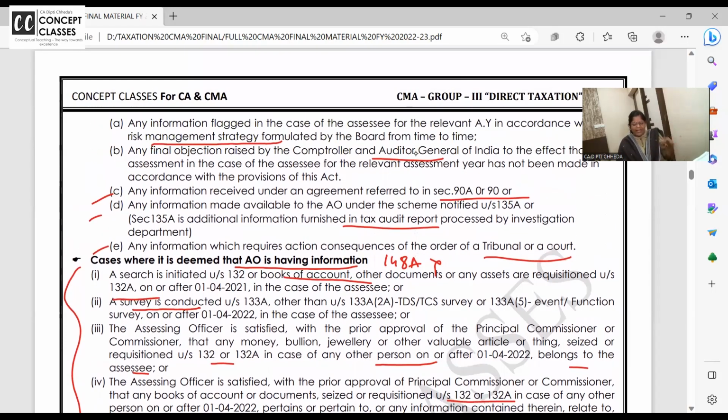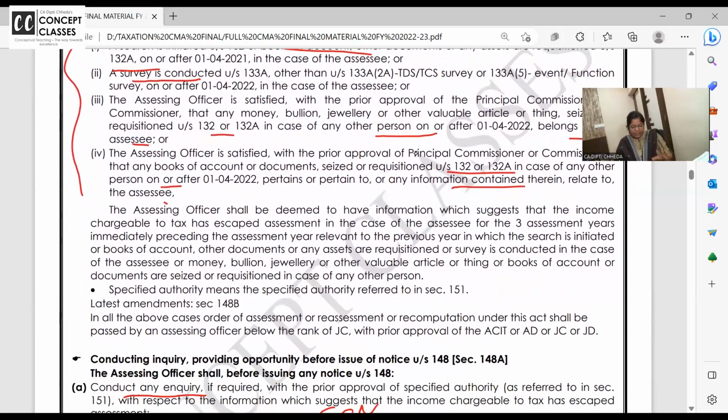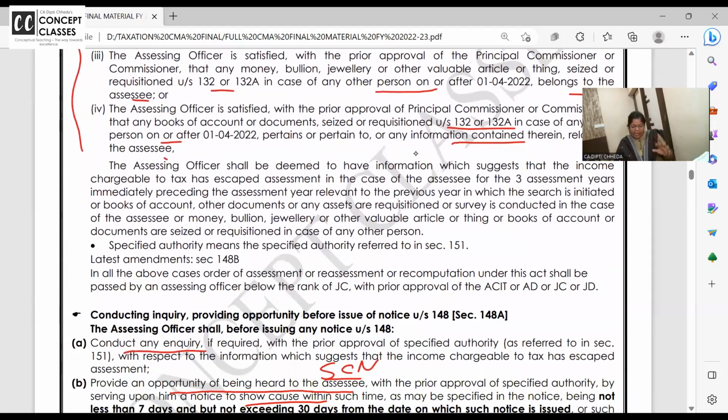What are the cases where the AO doesn't need solid facts? When the AO already has the solid facts. When the SSC's books of accounts are audited, when the SSC's books of accounts survey is happening, when some other SSC's books of accounts are audited, and in his raid case, the SSC's assets and unexplained assets are disclosed, or others' books of accounts have gone for a raid, and in his books, some information is recovered for the SSC. Clear? Right. So these are the cases wherein it is not required.